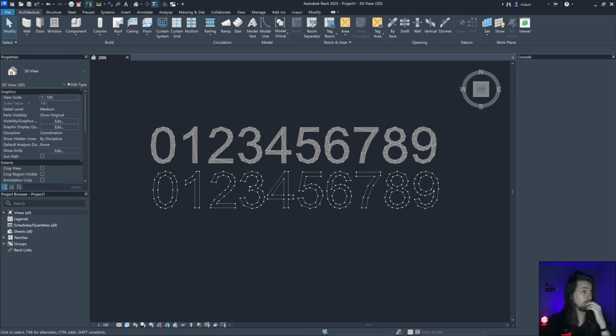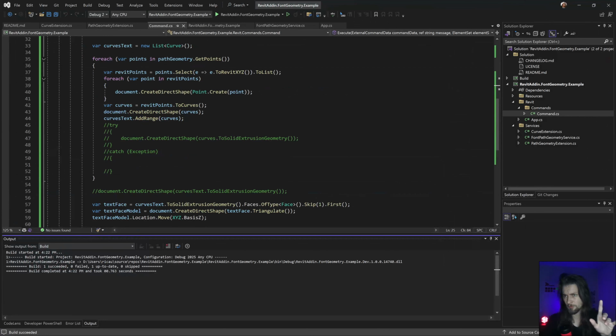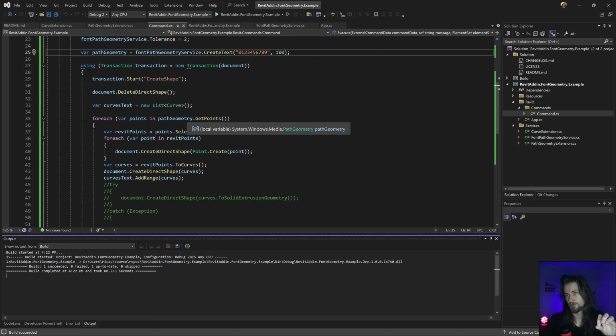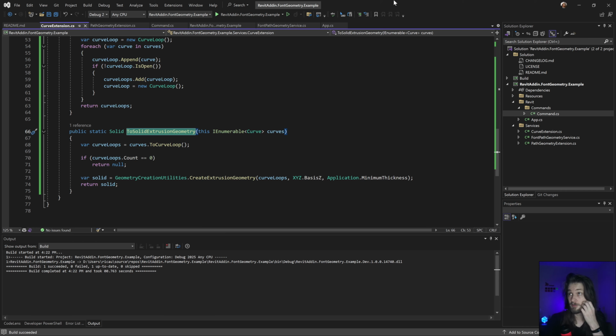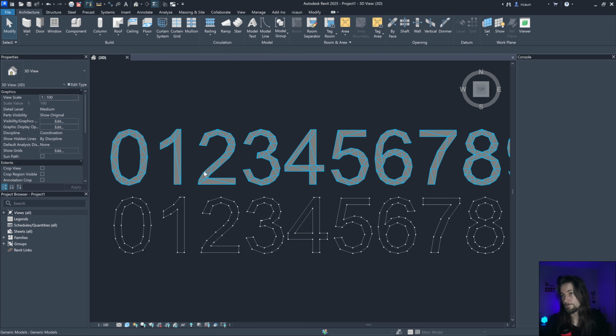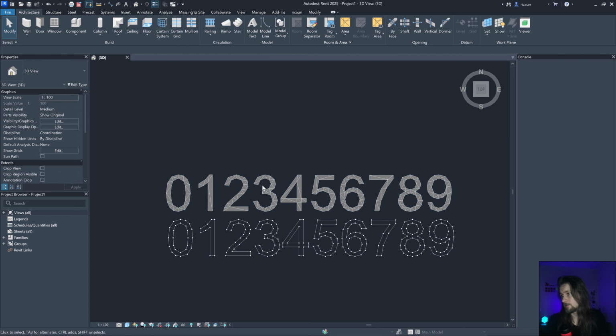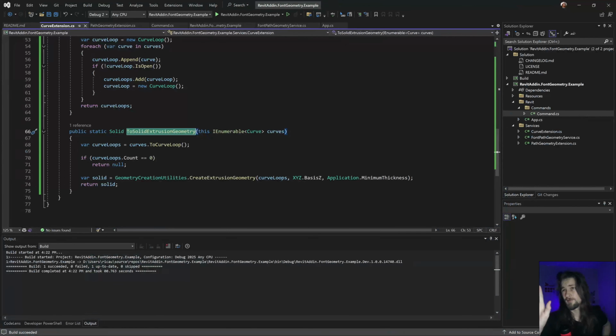I would really love to know a way, I'm experimenting with others, to convert those points to a mesh, instead of using this approach to extrusion, great extrusion, like this one. But it's kind of working great. If you have a really small font, it's probably not going to work with this code at the moment.